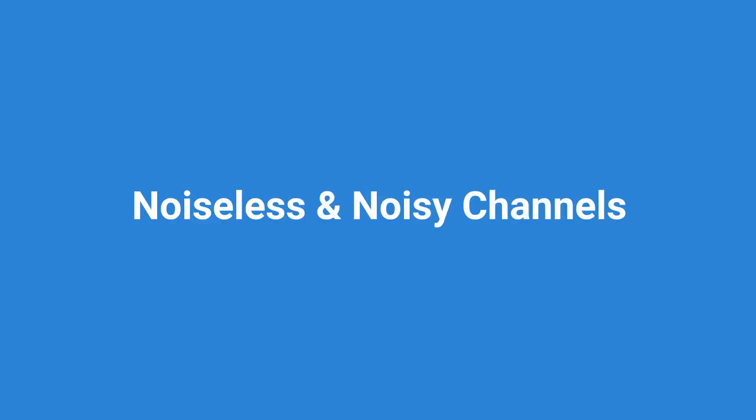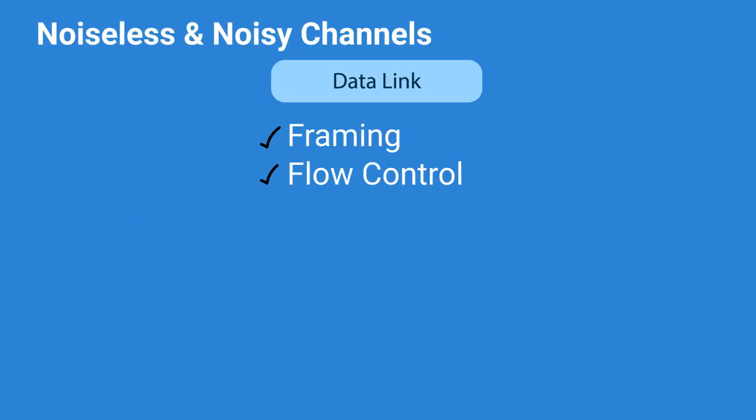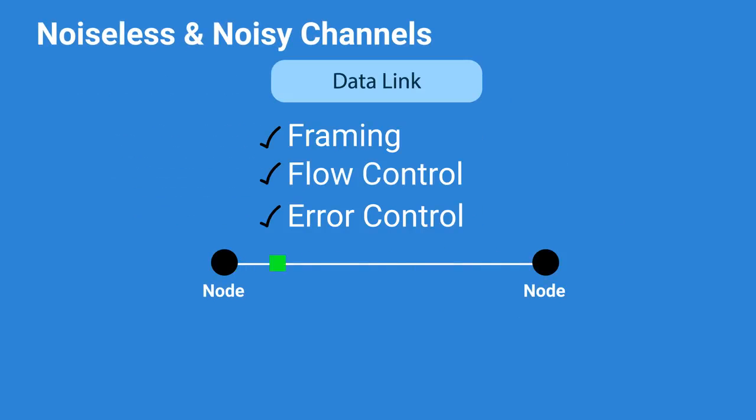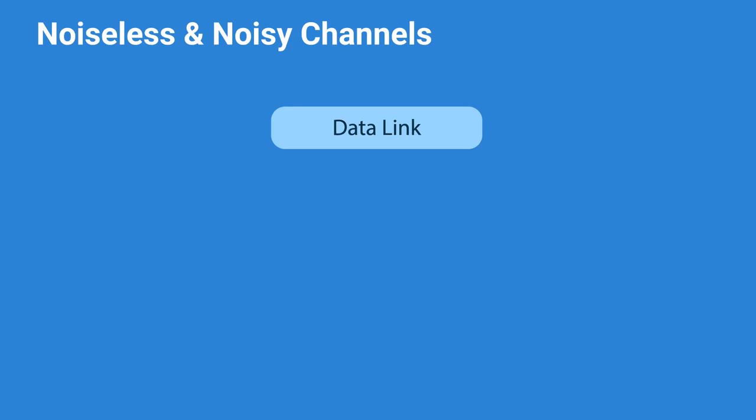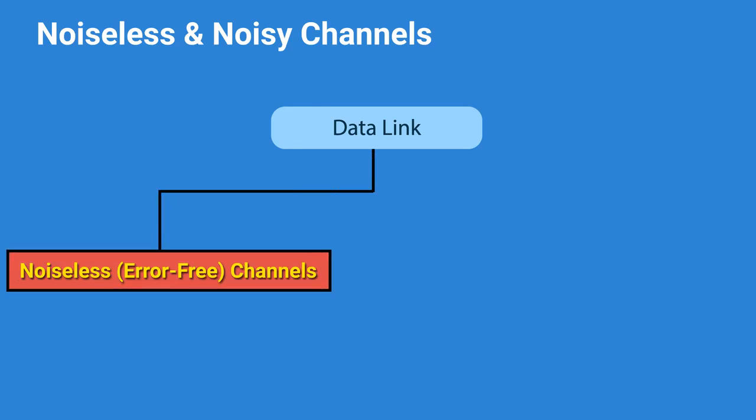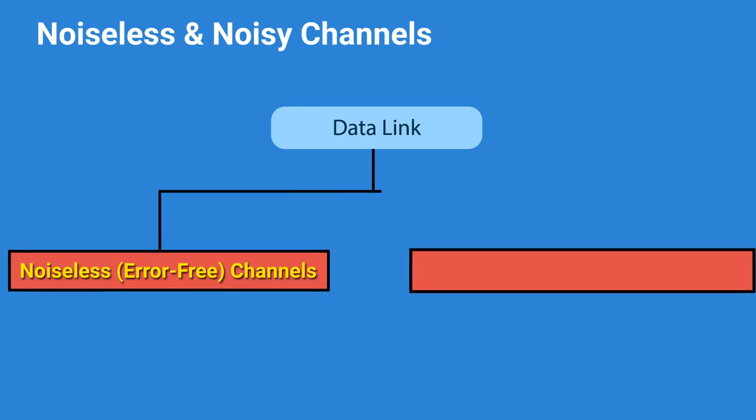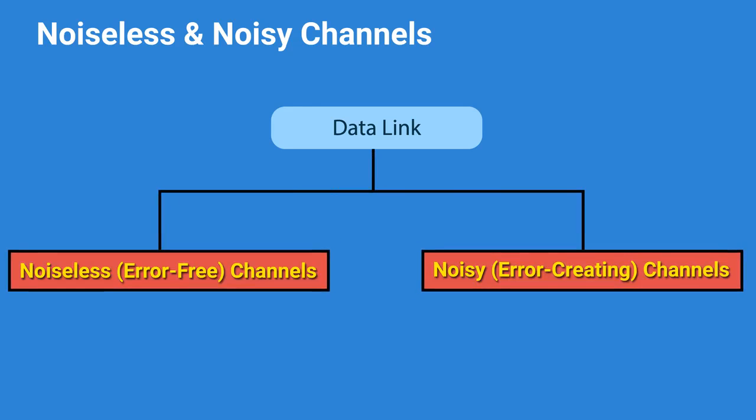Noiseless and noisy channels. The data link layer uses framing, flow control and error control to transmit data from one node to another. These mechanisms are done by the data link layer protocols. So, we will see how the protocols are implemented, and how they manage these mechanisms. We can classify the protocols into two categories. One is used for noiseless channels, where the probability of error is small, and the other is used for noisy channels. For better understanding, we will implement these protocols one by one, starting from a basic implementation to the complex protocol, by solving the problems step by step in each protocol.